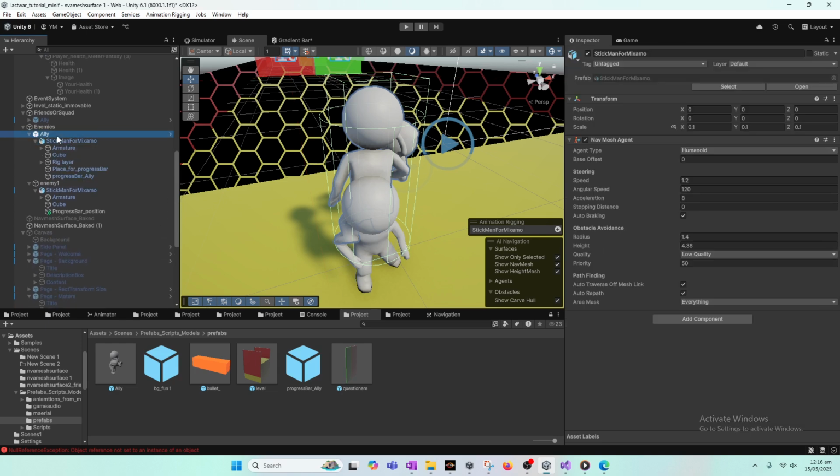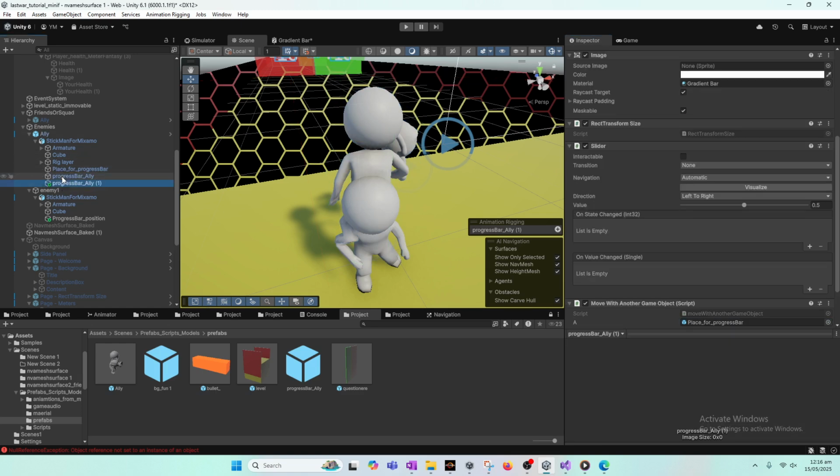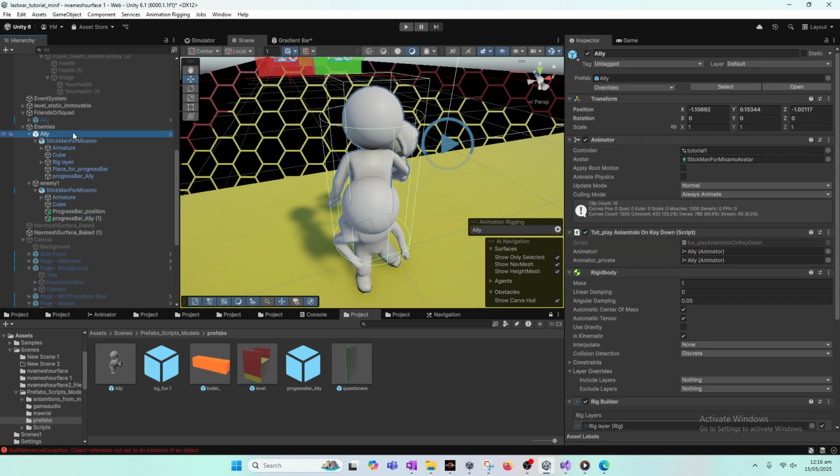So one thing we will copy is this progress bar li. So simply press Ctrl D here, put it in the enemy, and in the enemy it was child of stickman mixamo. So we will press the stickman mixamo, and now